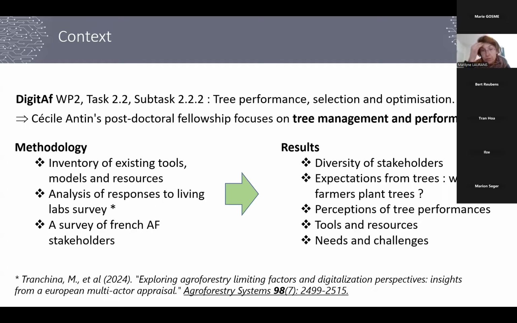So first, the diversity of stakeholders involved in agroforestry tree management. Secondly, the expectations regarding trees. Why do farmers plant trees? And then I will continue with the perceptions of tree performances by stakeholders. Then an overview of the available tools and resources, and finally, the identified needs and challenges.